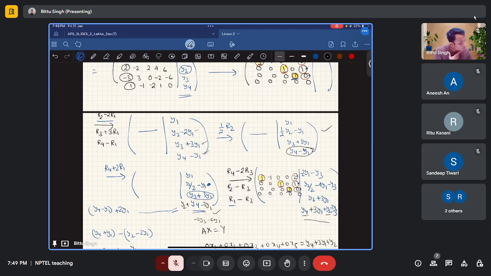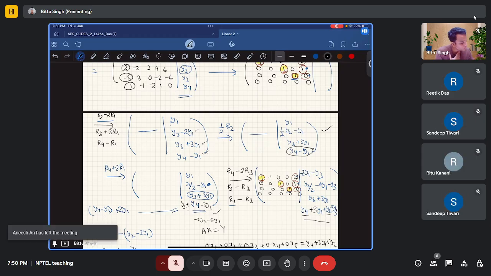If you subtract from this, what are you getting? Yes, it becomes 9. Yes, that is fair. Now I think it will be correct. So if you subtract this, you will get minus 9Y1 and